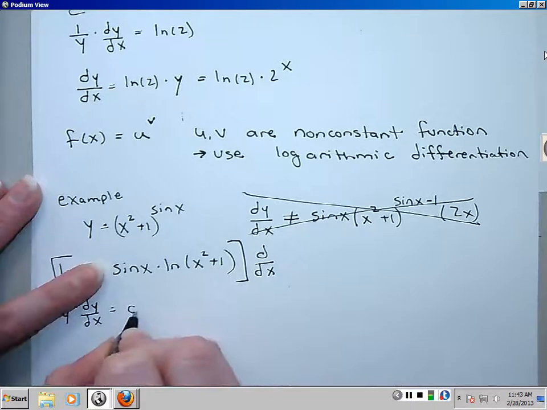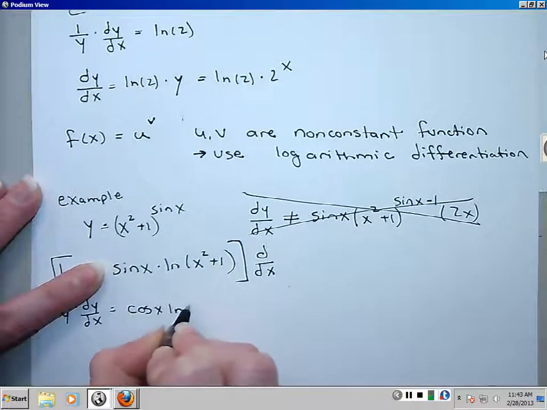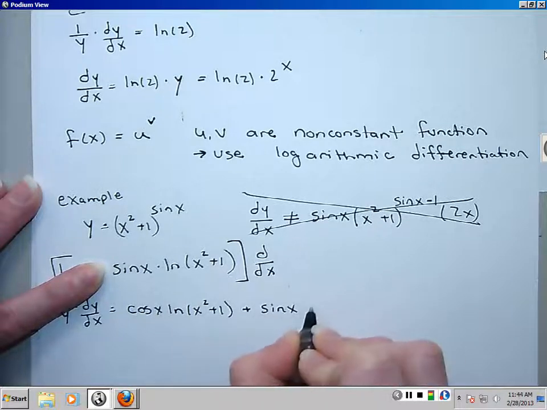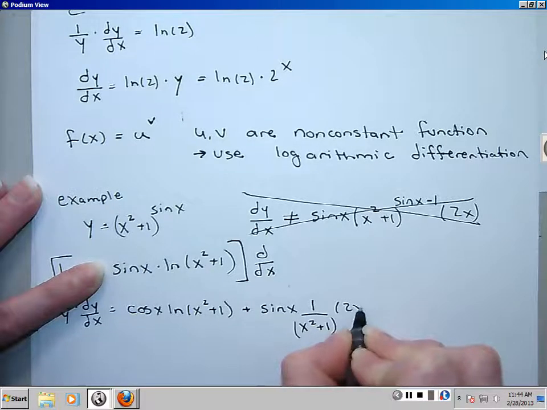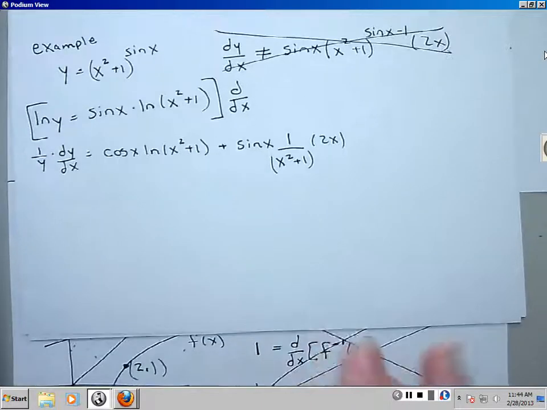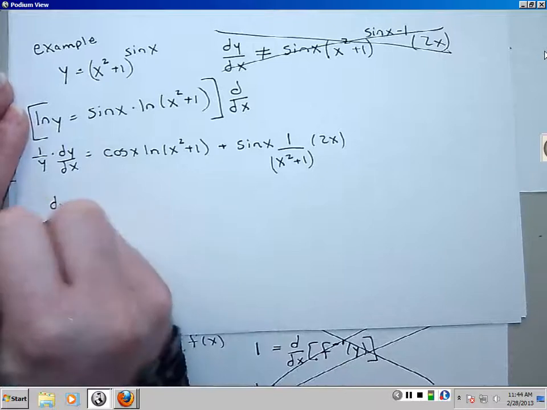So I have cosine of x, ln of x squared plus 1, plus sine of x, 1 over x squared plus 1 times 2x. Right? So if I solve for dy dx,